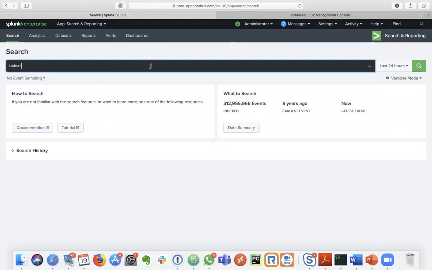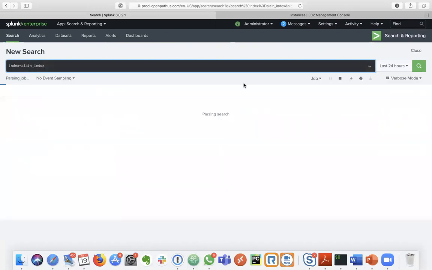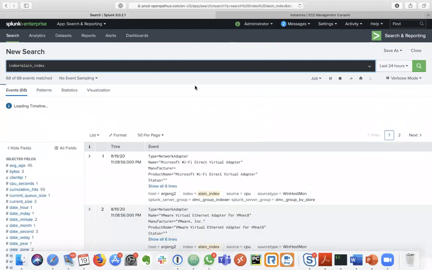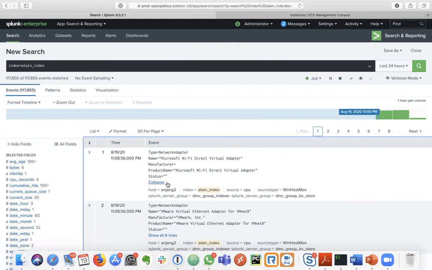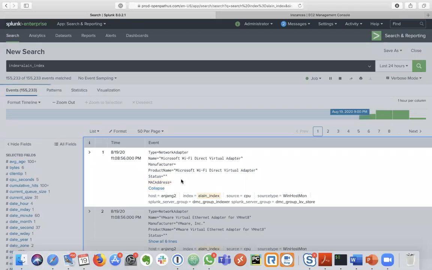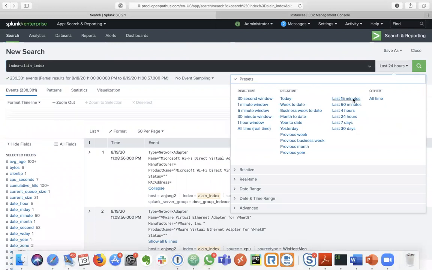So index equals, right? Yeah. So you see inside of those events right there, let's say I don't want to see product name. So you can run the command table underscore raw, but inside of that,